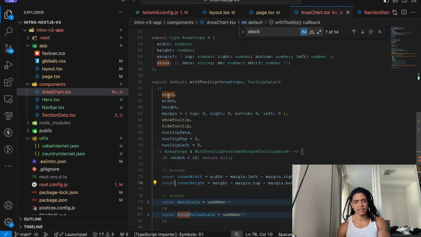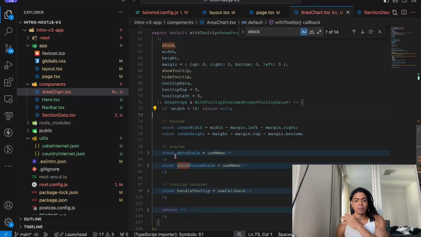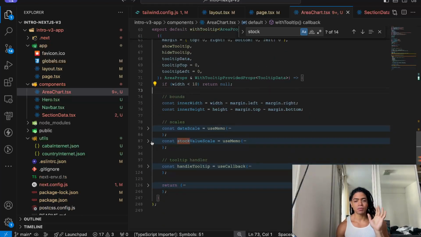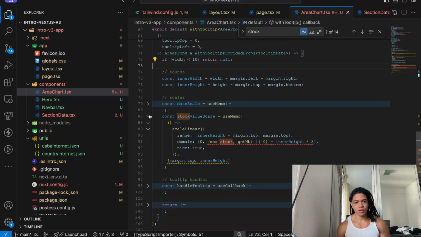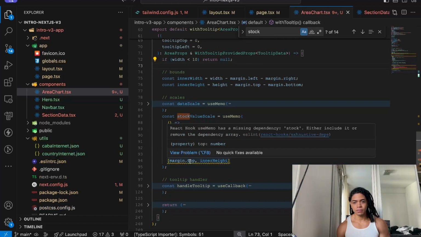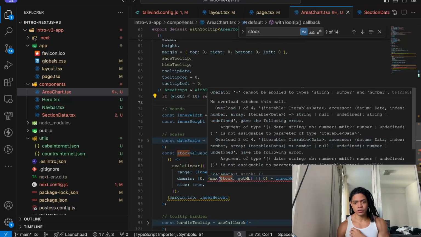We define this data as a stock because this is the data that comes from the component. We can rename that, but I think for our purpose that will be great, that works as expected. Here, as you can see, this is TypeScript being finicky about our data.